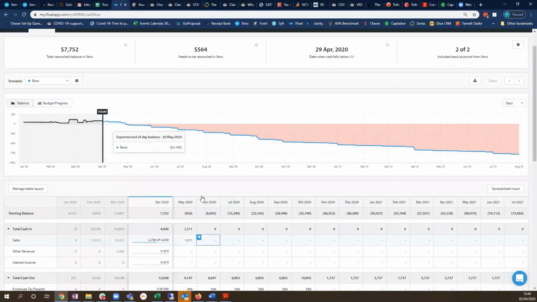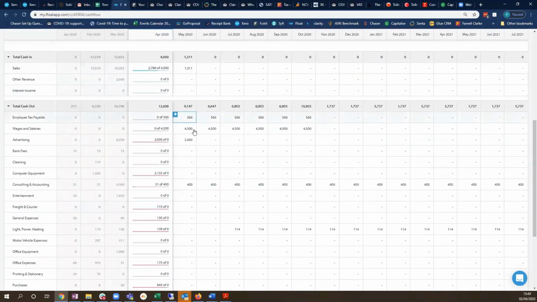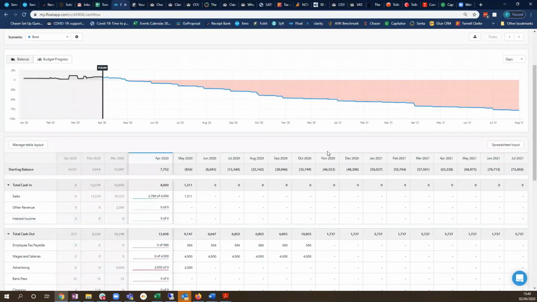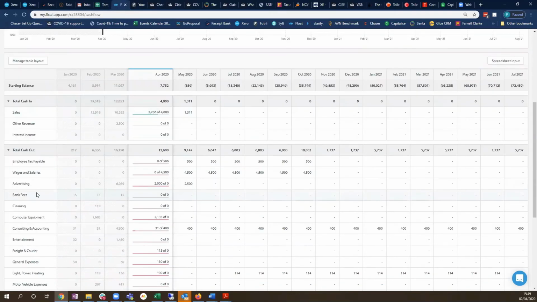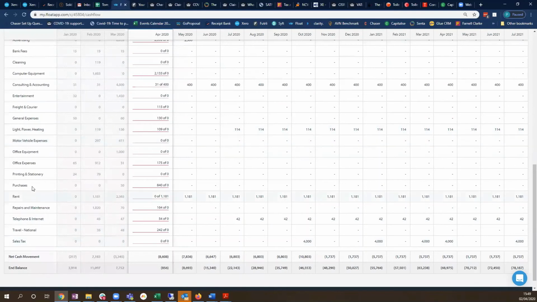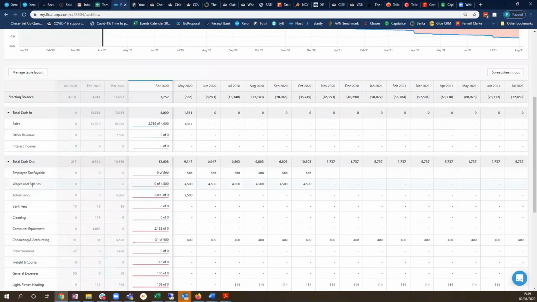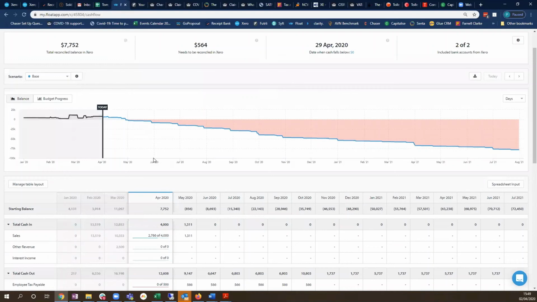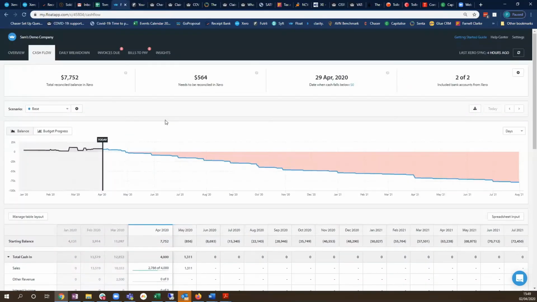So that's it. We talk through that together, suggest how you make budgets, what you can put in, what you shouldn't put in, different ways of inputting. You can do it in the spreadsheet style. You can go and manage this. These lines are from Xero, by the way. They're from your chart of accounts, so they're stuff from your profit and loss, but also from the balance sheet as well. For example, wages and salaries is the actual cash account where the cash comes from.